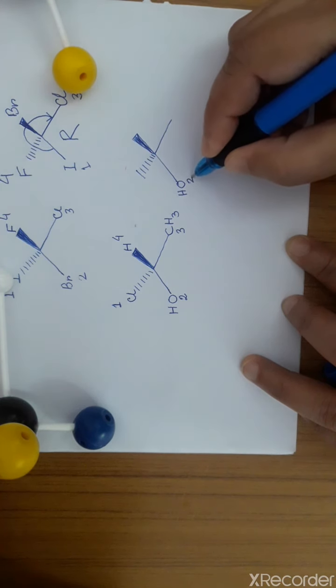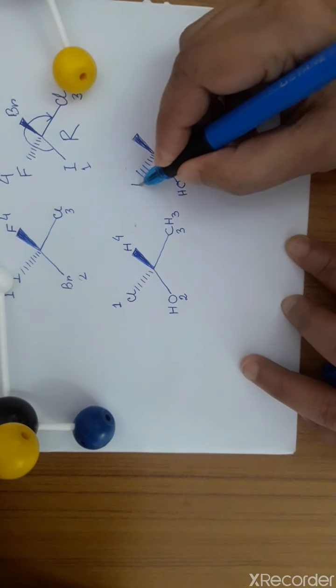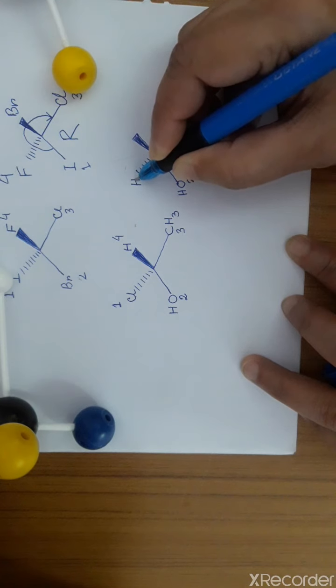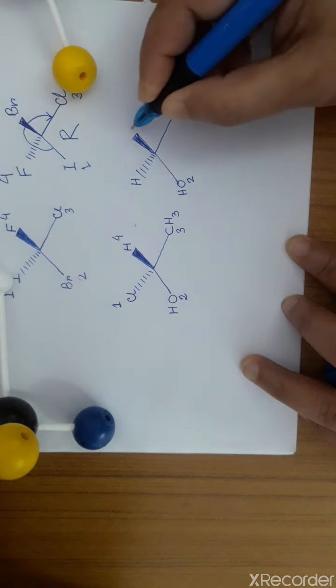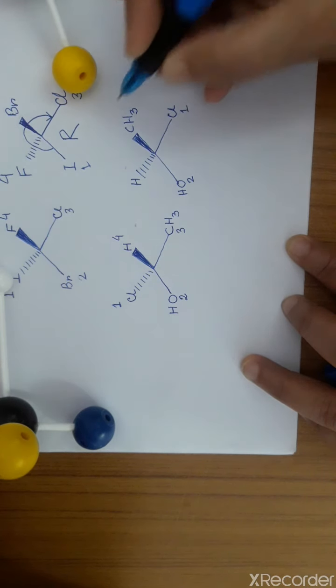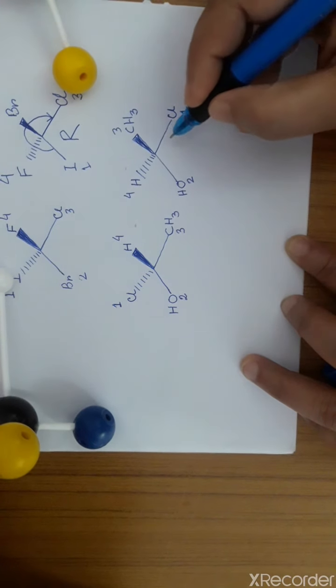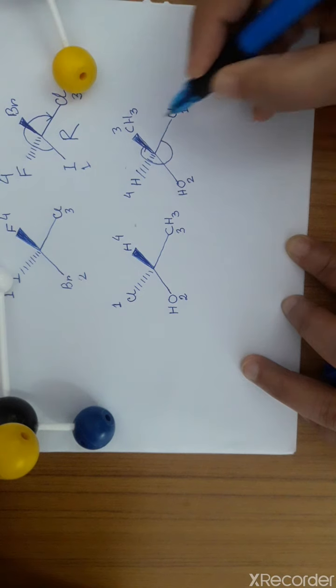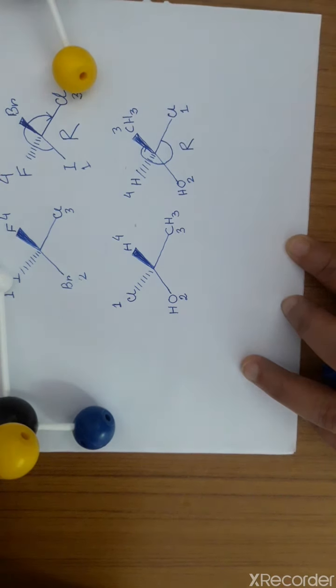OH, this bond is fixed. This is 2. Then what I will do, this hydrogen I will bring to chlorine's position. Yes, hydrogen will come to chlorine's position. Then where chlorine will go? Chlorine will go to CH3's position and CH3 will come here, right? This is first, this is our 3, this is my 4, right? Then 1, 2, 3, again, this is again what? This is clockwise path, therefore the configuration of the molecule is what? R. And this is the way how we can determine the configuration of a chiral carbon.